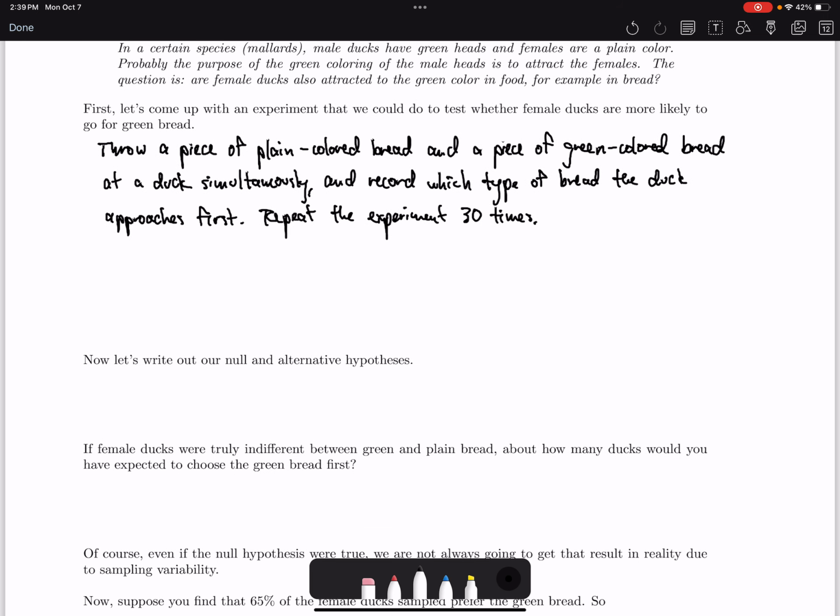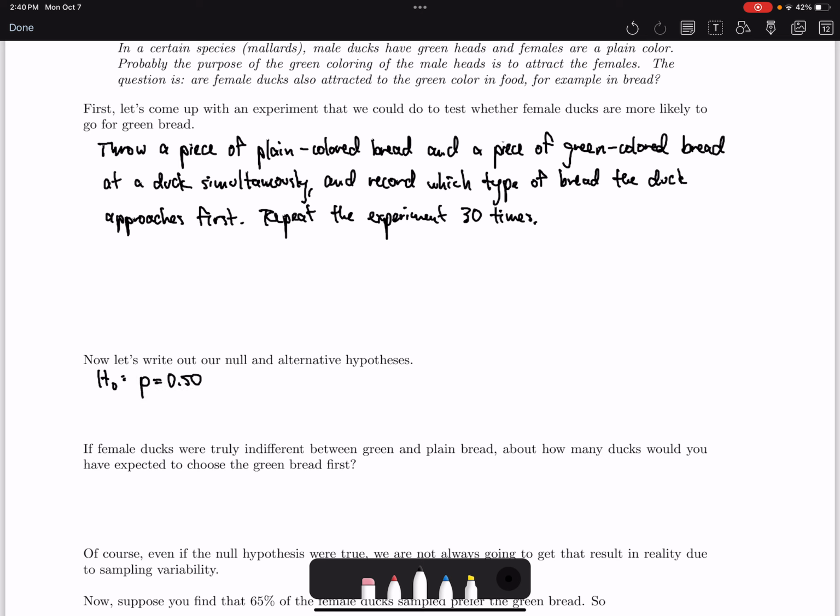Now let's write out the null and alternative hypotheses. The null hypothesis is that the duck has no preference. There's no difference in the way the duck approaches the green colored bread versus the plain colored bread. If that's the case, then the proportion of times that the duck approaches the green colored bread first is going to be 50%. They're going to approach the green colored bread 50% of the time and the plain colored bread 50% of the time. So the null hypothesis is P equals 50%,